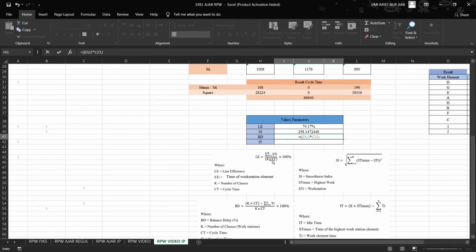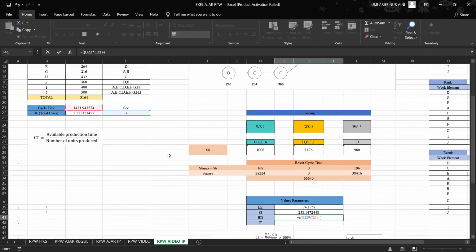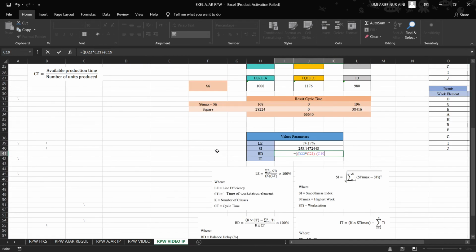After that, the total of the workstation time. The total workstation time is this, 3164, and then close the bracket like this.